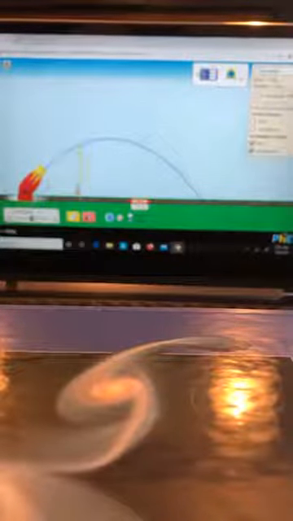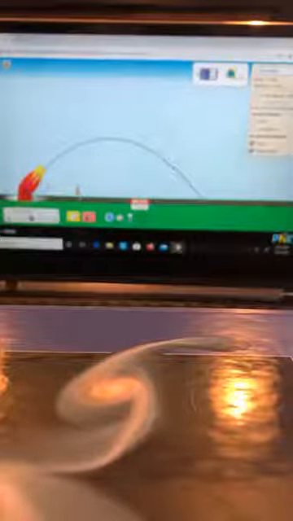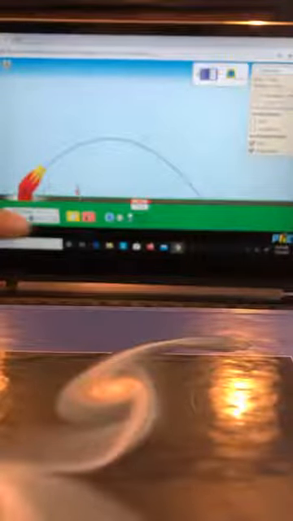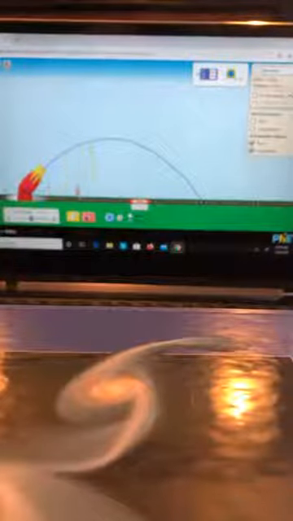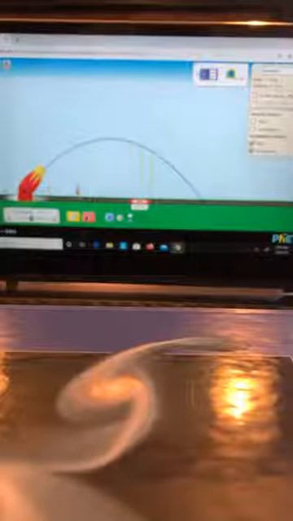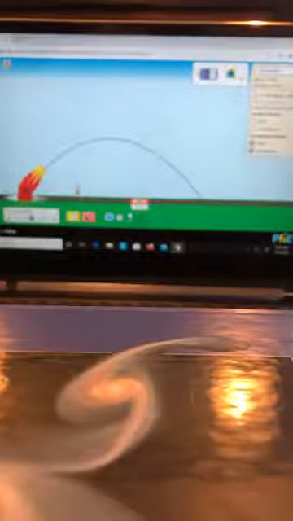So that is the same thing. Total acceleration and components of acceleration, they are the same thing, because there is no acceleration in horizontal direction. Let me fire one more time. See, the acceleration due to gravity, which is vertically downward, directed towards the center of the earth, that doesn't change. And the total acceleration is also the same thing.